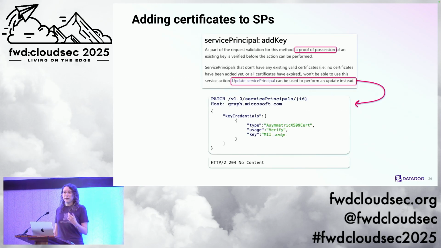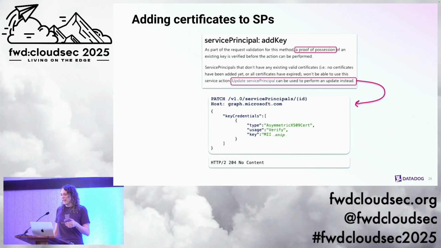So I was gonna need to add certificates, right? At this point, I'd tried to add a secret to every application in my default tenant. I got a few that came back that said, hey, add a certificate instead. So I thought that would be using the add key endpoint on the service principal. It turned out, in order to use that, you need to prove you already had a certificate. Obviously, I'm not running around with certificates that allow me to authenticate as Microsoft first-party apps.